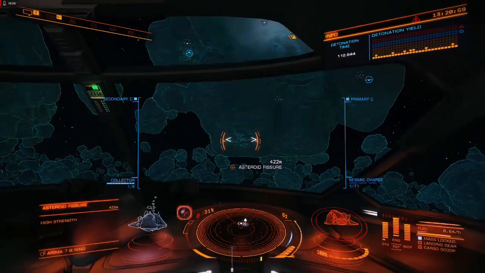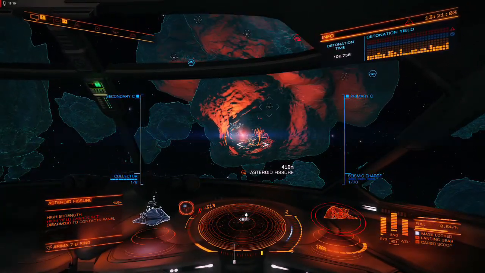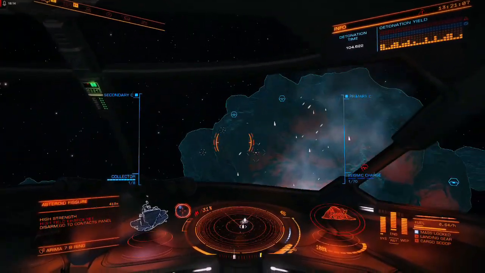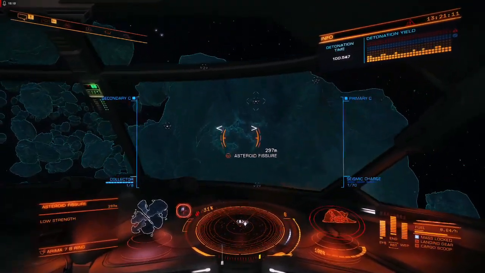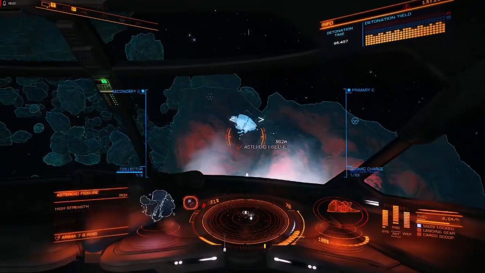Luckily the other asteroids aren't that close, so I think it was a low at the first one, high for the second one, and then I just keep going for all of these until you get to the detonation yield within the blue. Right now it's all in the yellow, and again that's another low one,